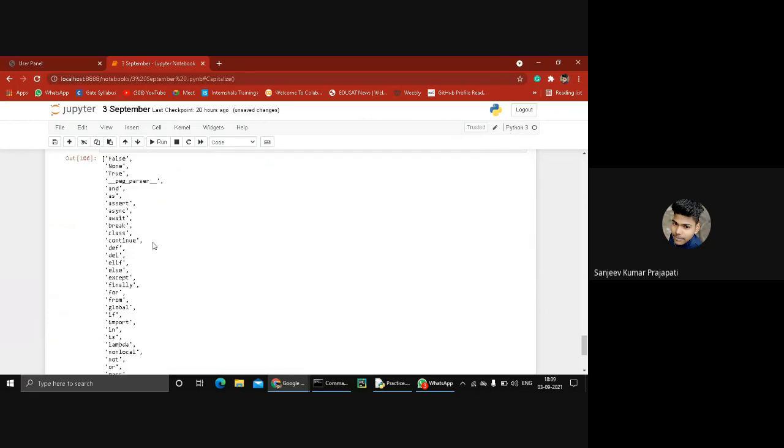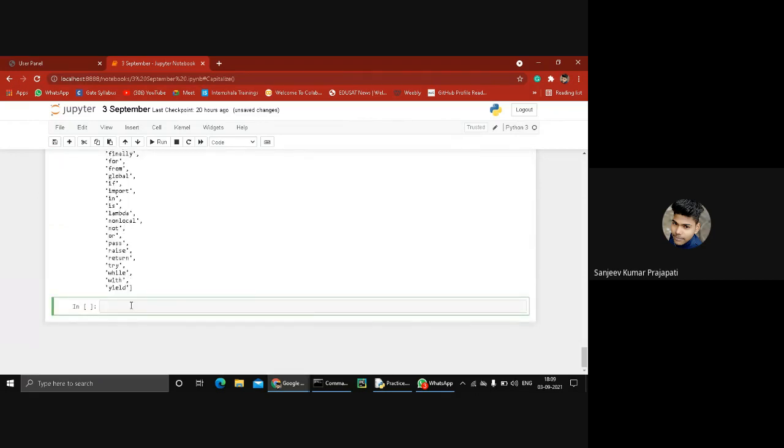So we have to learn the next function, which is length. How to find the length of any string? Like we have to create a string, A B C D E F G H R, and we have to find the length of this string.